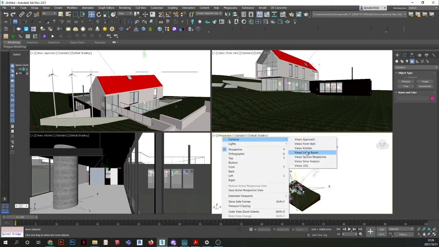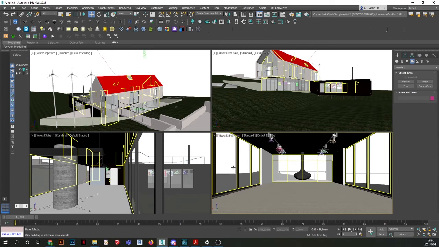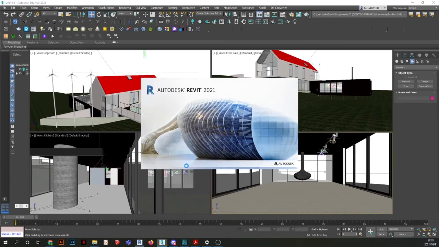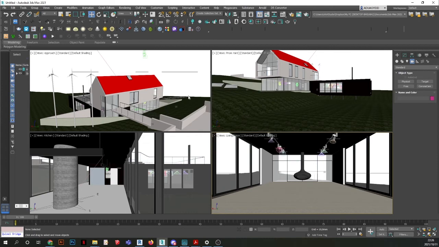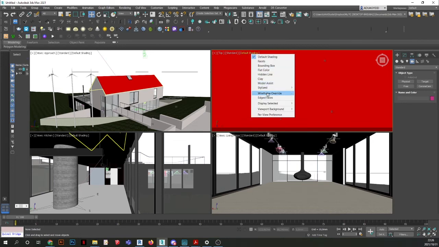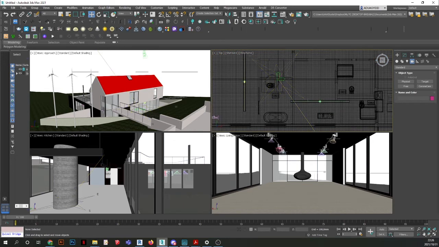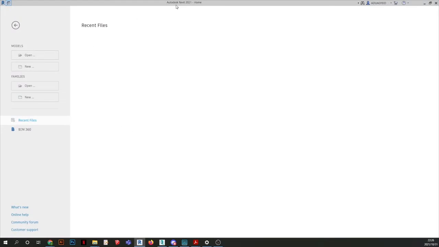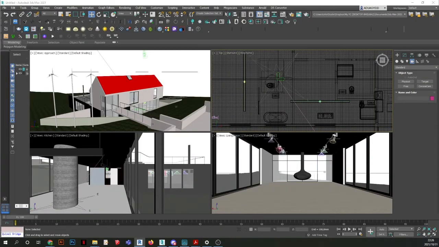Okay. So let me quickly open Revit. And I'm going to make a change. So I will make a change in this model. And then I will show you how to update that change quickly. Okay, and just change it to wireframe. So I'm going to open that